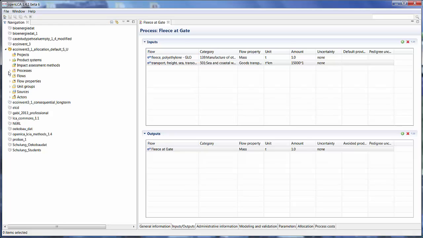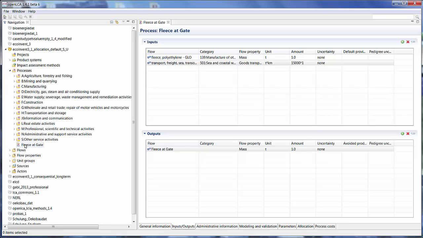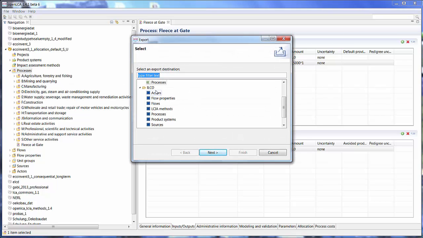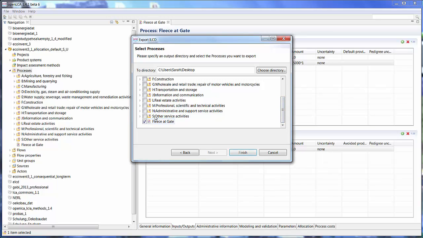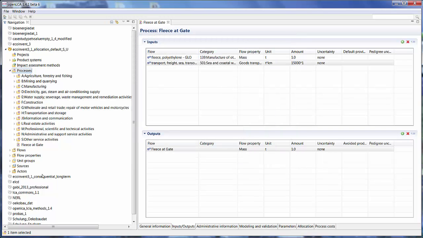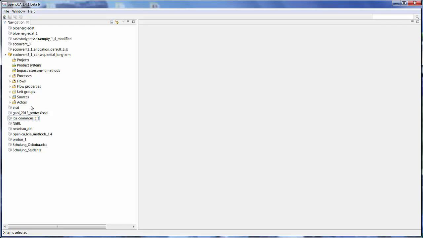And I can actually export the process that I just created. Say right-click on export. Let's export this process as ILCD. Let's search for the process. Where's my directory? Desktop. That's okay. So export that. Open up our consequential long-term database